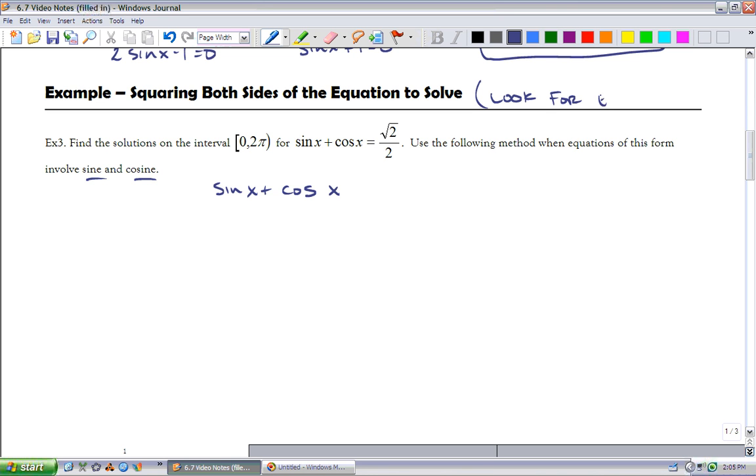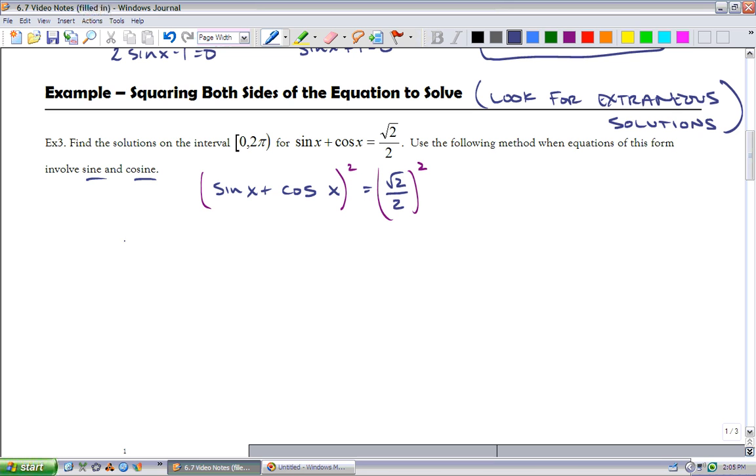for extraneous solutions. Okay? When we start squaring things, sometimes we put solutions into the equation or find solutions that don't work. So that's going to be something we need to make sure that we watch. But anyway, one of the things we can do to start solving this, since we have a sine and a cosine here, we really can't combine these in any way, but as you'll see, if we square both sides, alright,